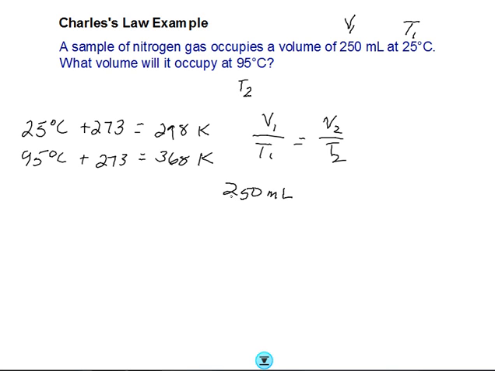250 milliliters, and temperature is 298 K. That equals V2 over 368 K. And remember, this is easy. You just cross multiply and divide. And when you do that, your units will cancel out, and the unit you'll be left with is milliliters. So when you do that, you should get your V2 as being about